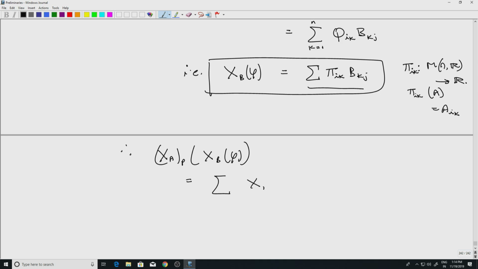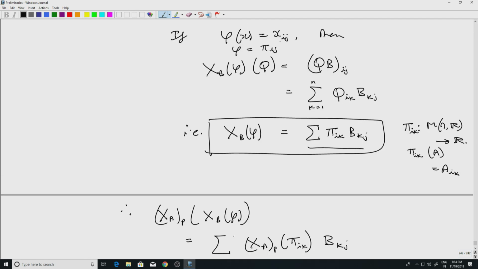So it will be X_a at p acting on pi_ik. B_kj is a constant anyway, times B_kj. Right, and here again I'll use the fact that X_a at p is nothing but P_a of pi_ik B_kj,